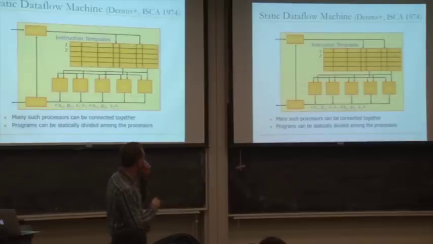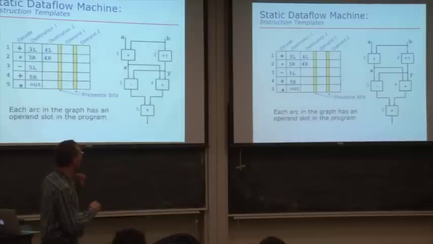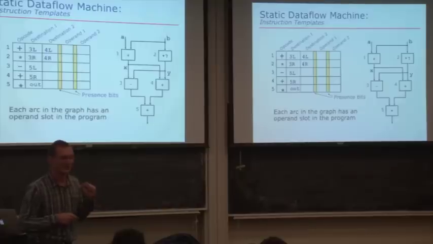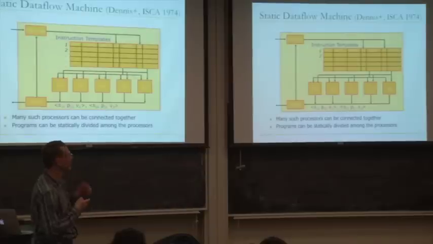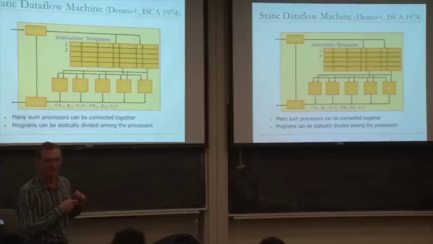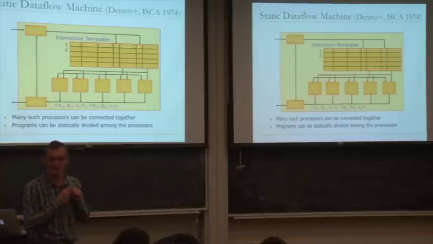Yeah, so I guess what happens if you're in a loop in a machine like this? Let's say this is your loop body, and you want to loop and execute it many times. You have one instance of the instruction, right, in the loop body. How can you do that? Well, you need to divide your program statically across such processors. That's the problem with the static Dataflow machine, because there's no way to have multiple instances of the same instruction.